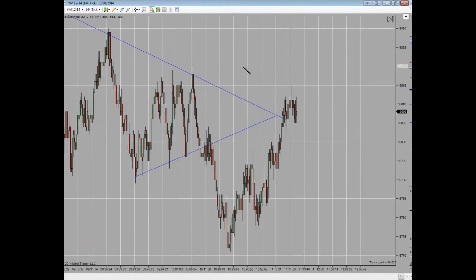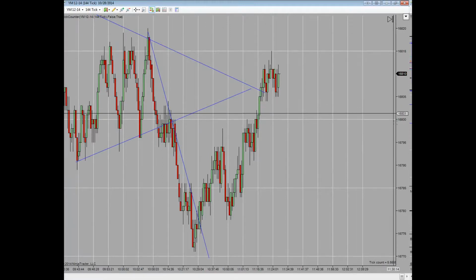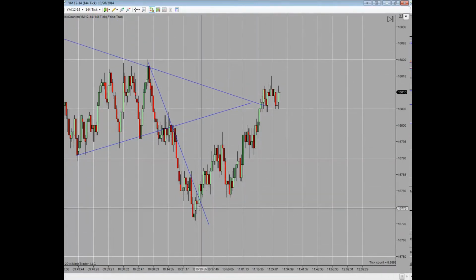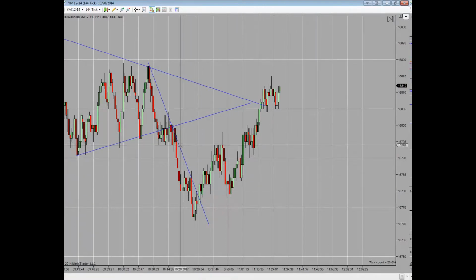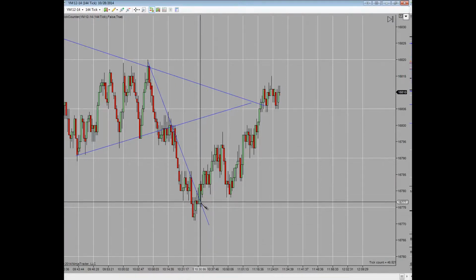So we had a strong pullback, and I was looking to get long on this pullback. On the break of this pullback, that was going to be my opportunity to get long. So as you can see here, I'm going to adjust our view a bit. I was able to get filled here, so we had a breakout of this downtrend. Of course I could draw it a little better, but to get the idea, I got long here